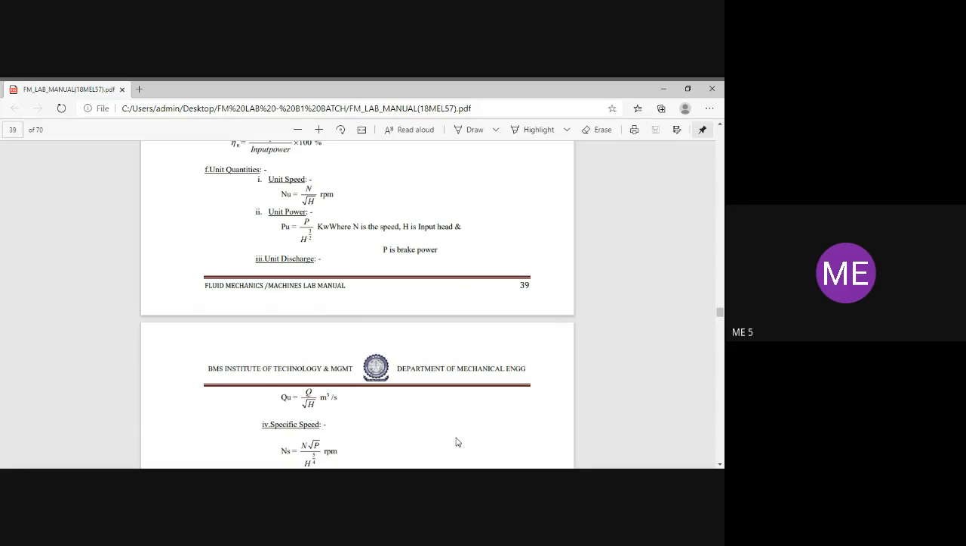Can you tell me what is the specific speed of a pump? You derived the derivation. Anybody? Specific speed of turbine is N square root of P divided by H to the power of 5 by 4. What about specific speed of pump? N square root of Q divided by